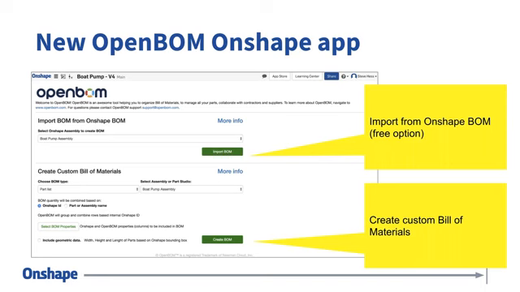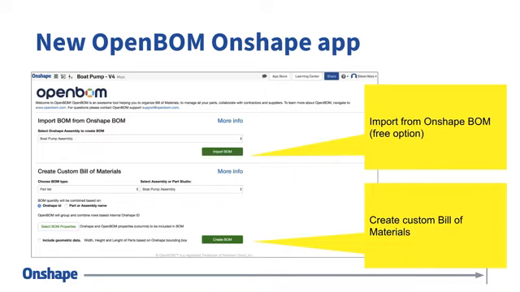If you go to the Onshape App Store and subscribe to OpenBOM, you automatically get a free option, import BOM from Onshape BOM. The second option, create custom bill of materials, is subscription-based. You can purchase this subscription, and it has a 21-day free trial. So technically, you can experiment and try and see what your needs are and which type of application you would like to use.